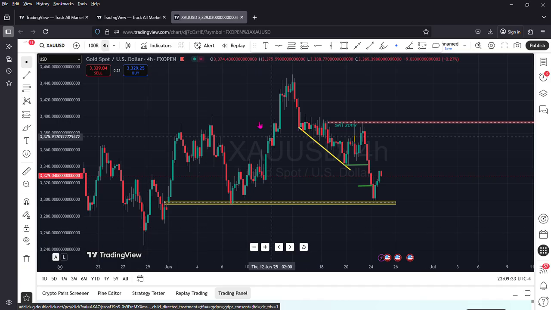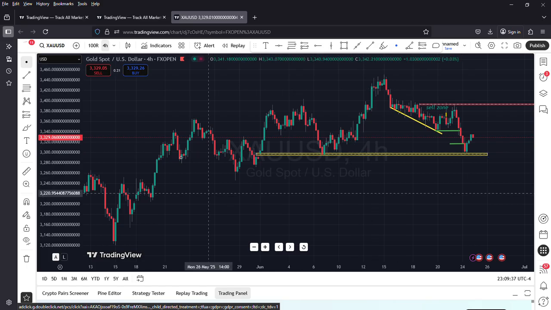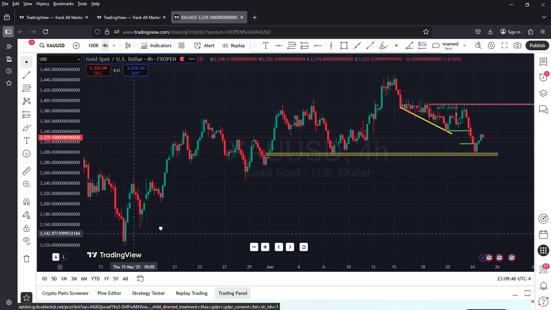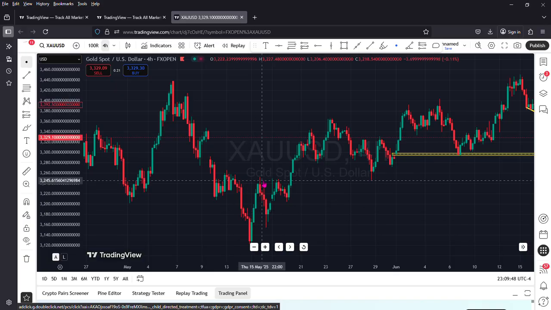So now, reading the present market structure, we can see that the market is on a strong bullish trend. Reaching this area from this present trend: higher high, higher low, equal low, lower high,